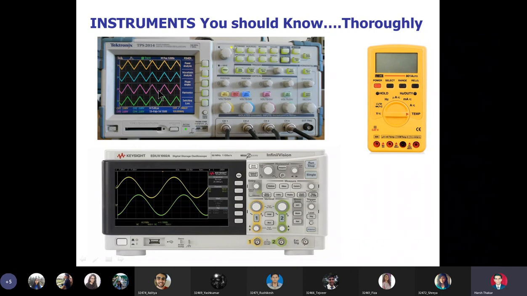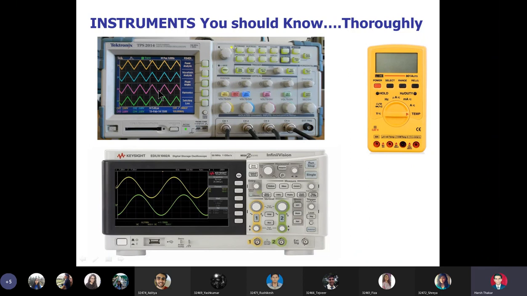So we want students to learn both these oscilloscopes because in the exam it is not fixed that you will get a Tektronix oscilloscope or a Keysight oscilloscope. Basically, learning Keysight oscilloscope is very easy. It is nothing but old wine in a new bottle. Because you know that oscilloscopes are instruments which help us to display any signal in the time domain, specifically voltage signals. So I repeat that oscilloscope is an instrument which is primarily used for displaying voltage signals in the time